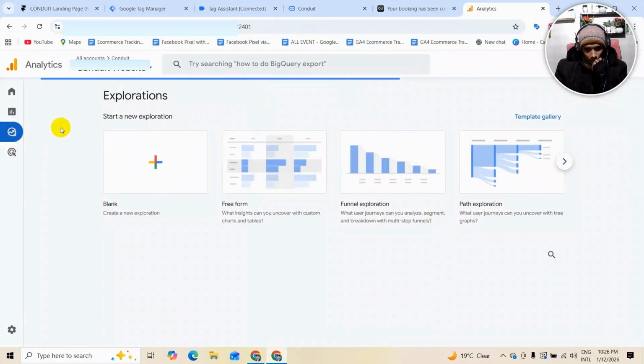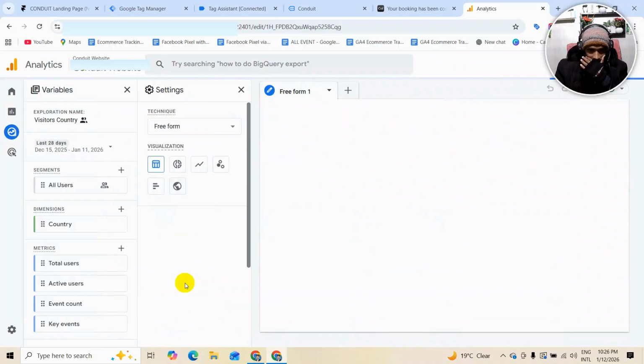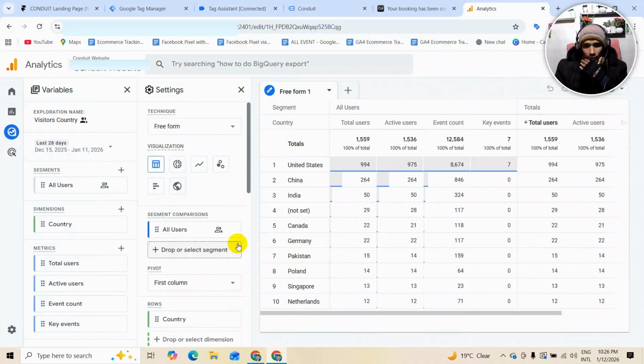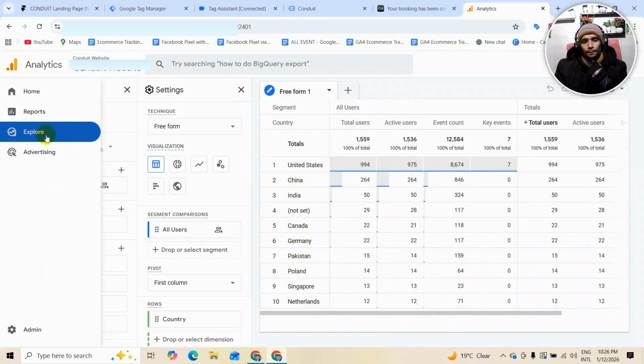Then I'll show the visitor country, your website visitors' country, which country they are living in, and you can see here the United States is the top country on your website, then China, then India, Canada, Pakistan, and then